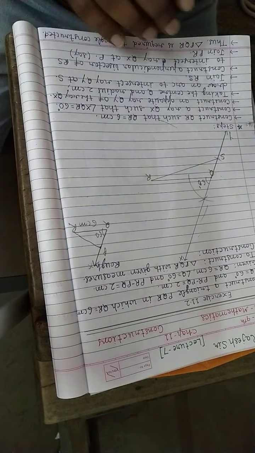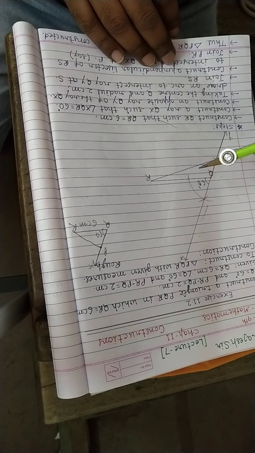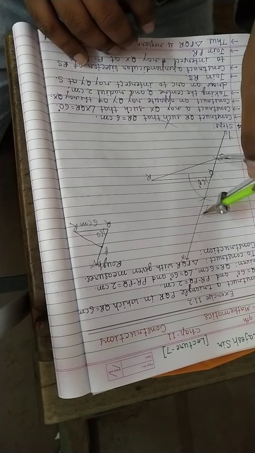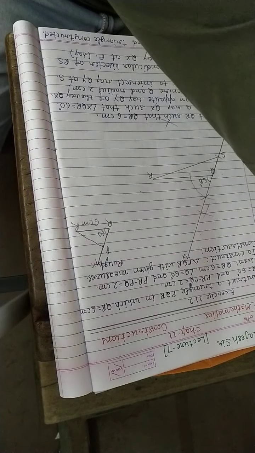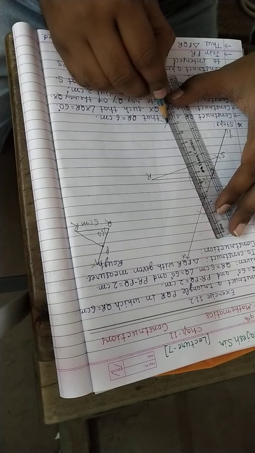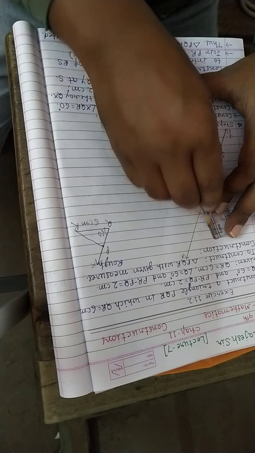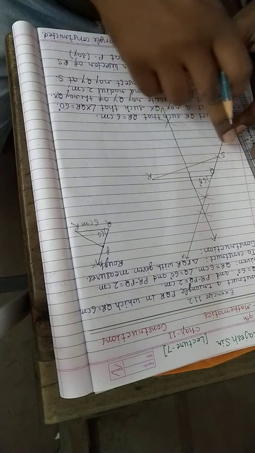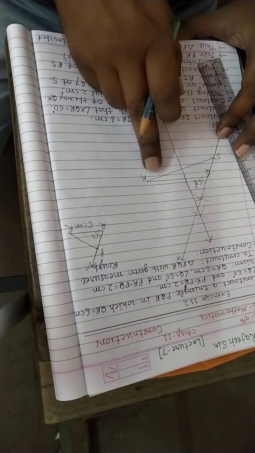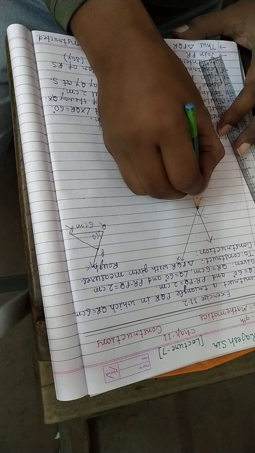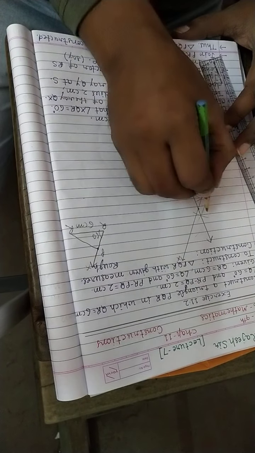Now take your compass on S, that is center as S, and by the same radius, don't change it, intersect the previously drawn arcs on both sides. Now join these two intersection points on both sides of SR. This will give us the perpendicular bisector of SR. Now this perpendicular bisector of SR, wherever it intersects QX, there the third point of the triangle is P.